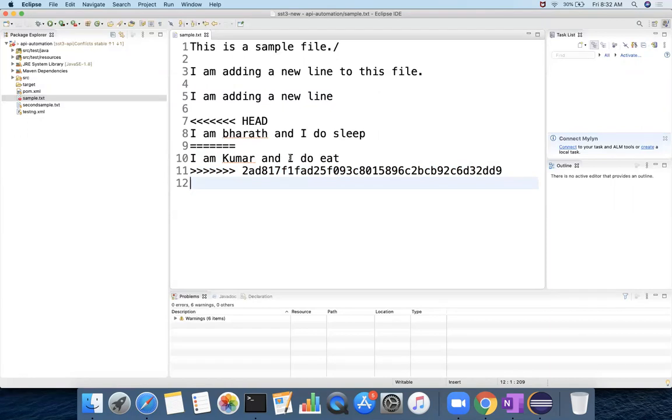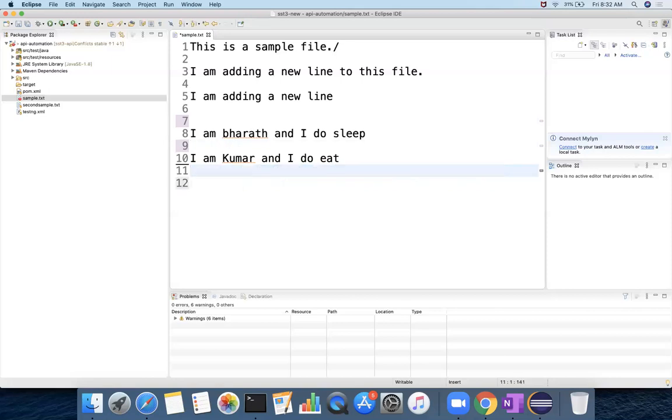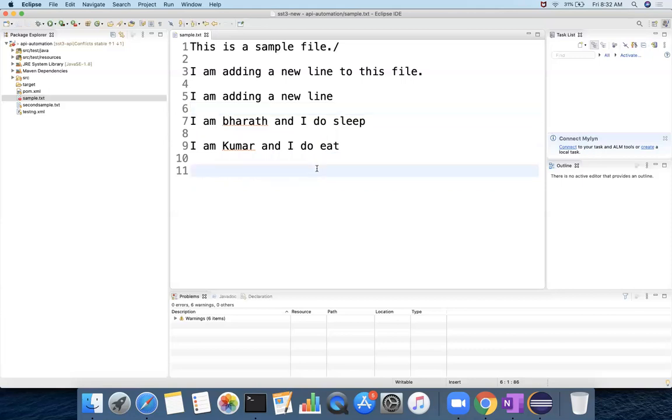Based on your decision, you make the changes to this file. For now I want both changes, so I'll keep it like this. The extra junk code has to be removed.